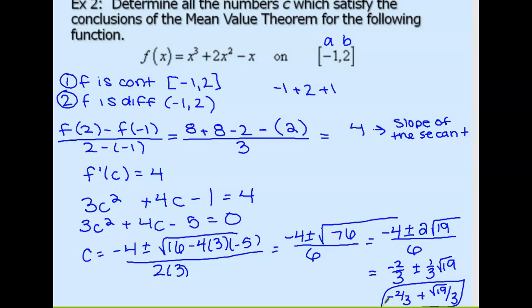And these values down here are the points at which the slope of the secant equals the slope of the tangent, or the slope of the tangent equals the slope of the secant, yeah. And those points have to live in my interval. So the negative is not going to live in my interval. So the final condition